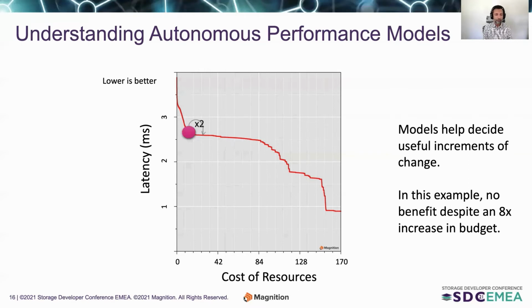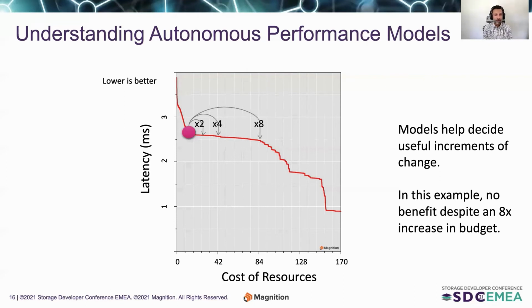So here in this example, which again is a real customer production use case, if we increase the cost of the system by allocating more of the tier 0, tier 1 storage by 2x, and now having double the budget. Imagine going from $1,000 a day for this workload to $2,000 a day and not seeing any interesting performance improvement. And we might then go and try to take it to 3 or 4x. We still wouldn't see a performance improvement for this production workload. Maybe we're bold enough, we'll go to 8x. At some point in time, we will give up. I would give up at 8x if I was doing this